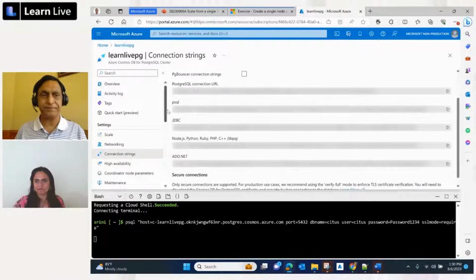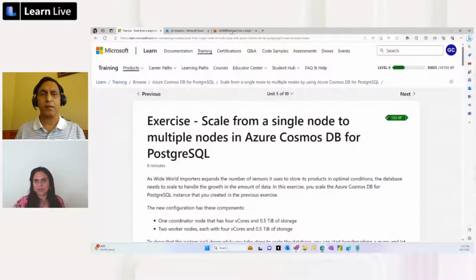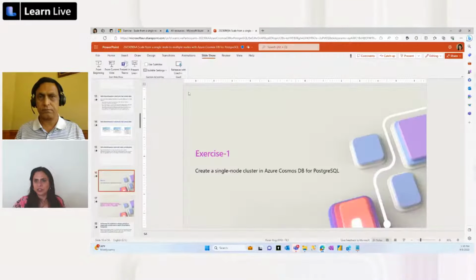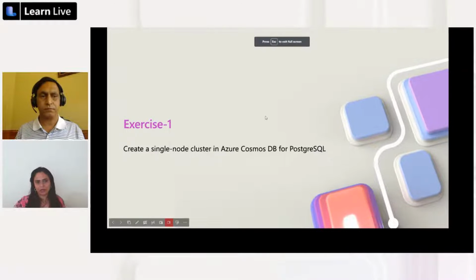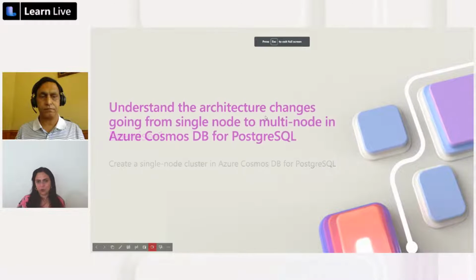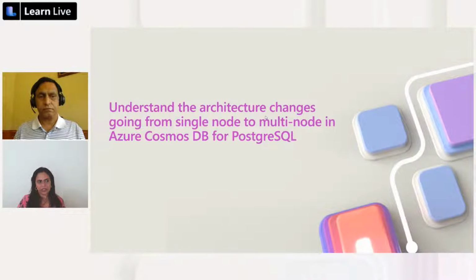Okay. I'm going to take over and share screen. Okay. Sure. Once Srini can get that provisioned, or I have mine provisioned, then we'll come back and